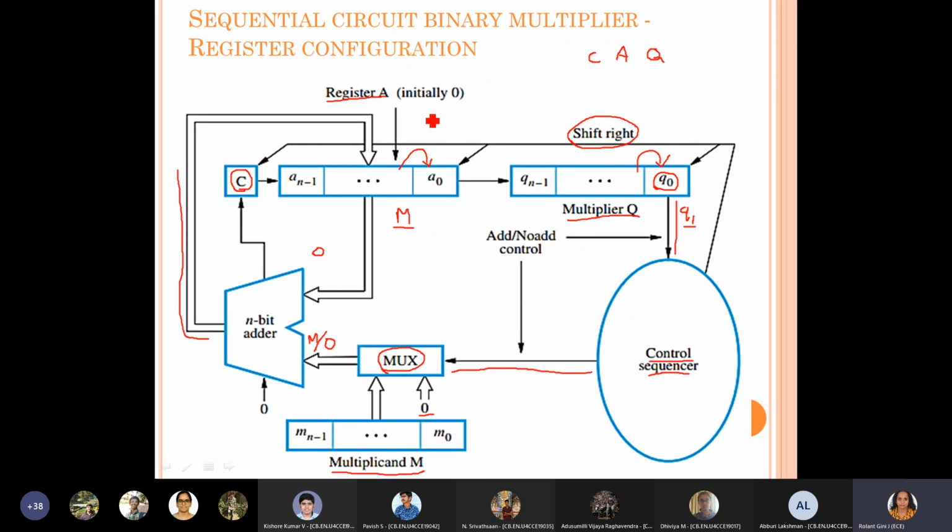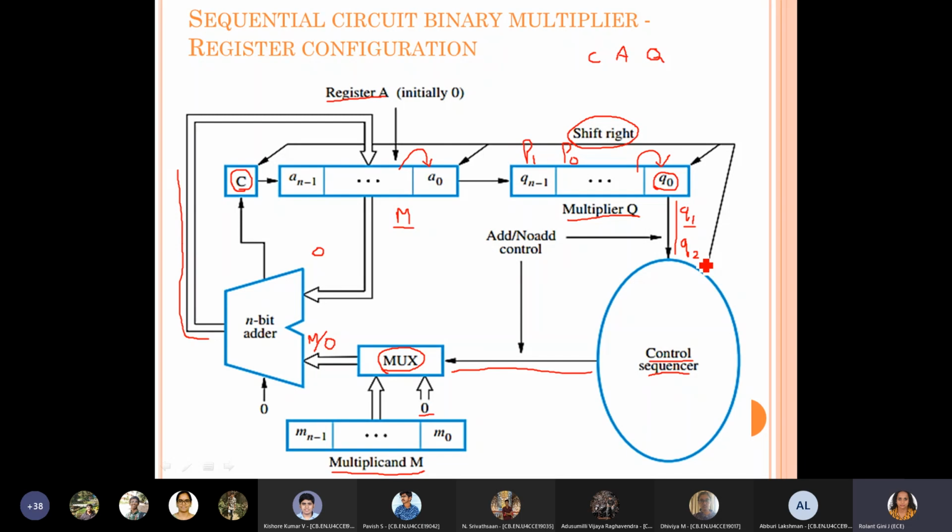Before going to the next round, what you do is the shifting, right? And when you do the shifting, naturally P naught will be the final product. P naught will be moved to the next stage, and at this stage it will be P1, and at this point at Q naught we will be having Q2, right? So the same way the entire process will continue till n iterations are over.